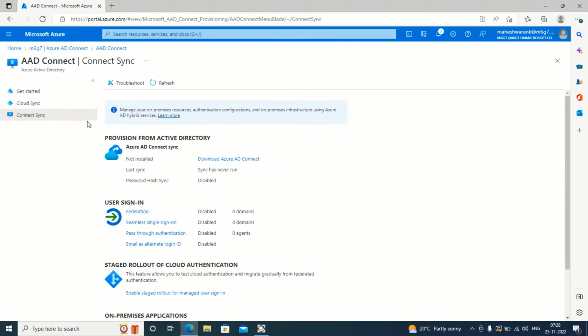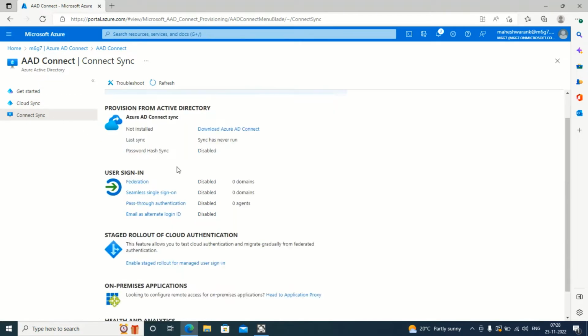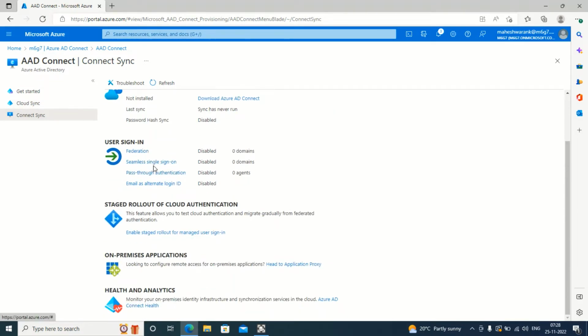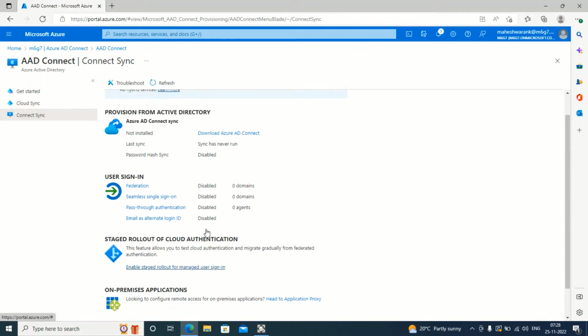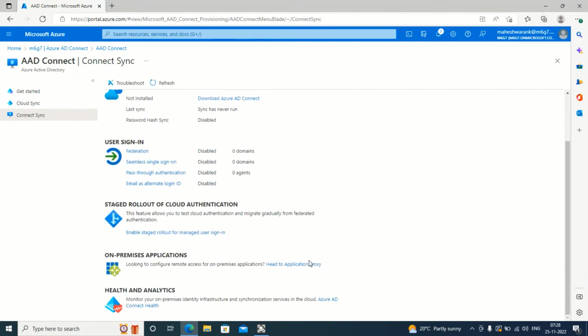As I said, I will be sharing the Microsoft link, so you can compare what features are available in Connect Sync and Cloud Sync, and based on that you can go for it. As far as I know, most of the features are covered in Cloud Sync, but it's up to you whether it is applicable for your environment or not,